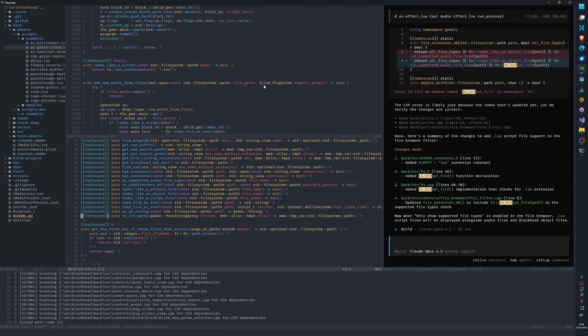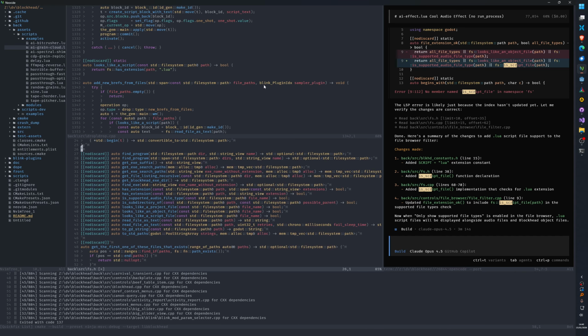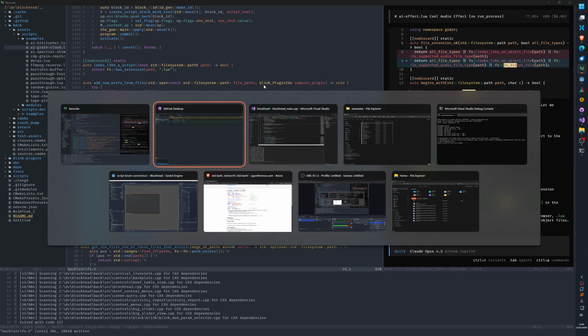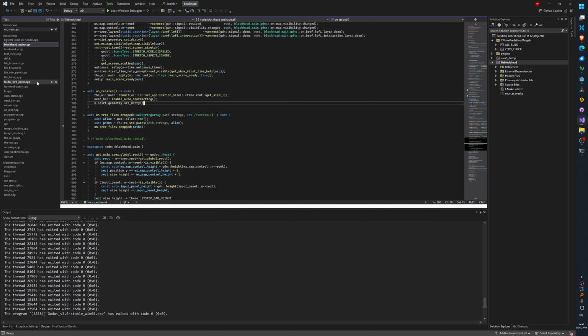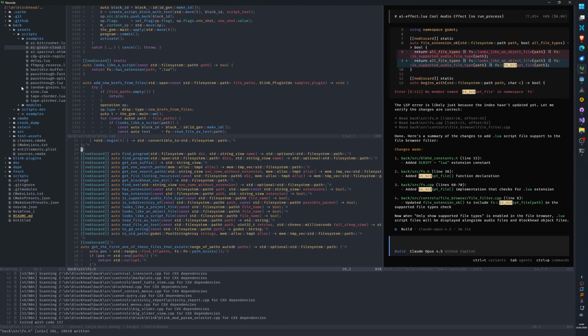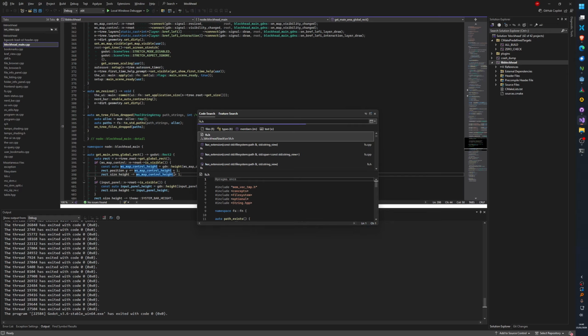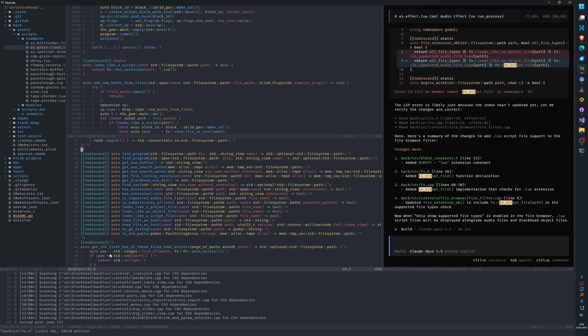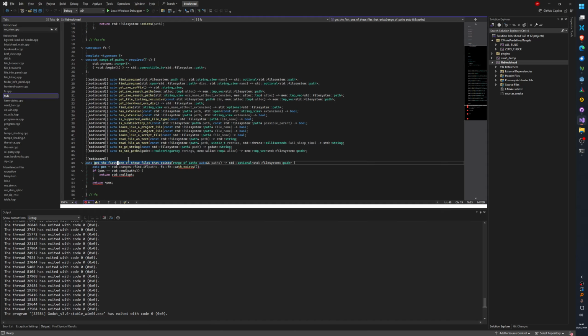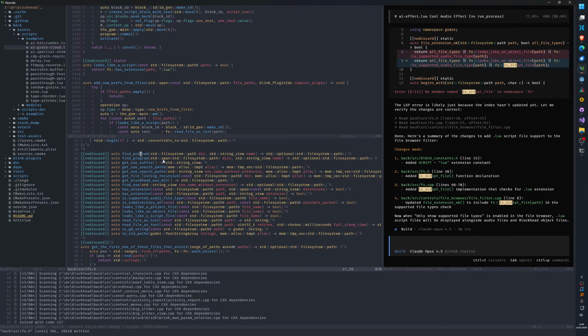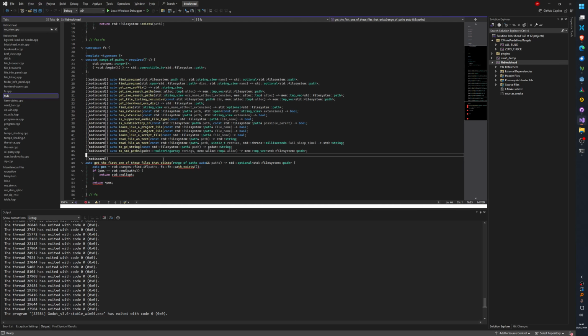It's messed up all my line endings. Can I get Visual Studio to fix that? I think it does it automatically if I open this. No. Save. Line endings.